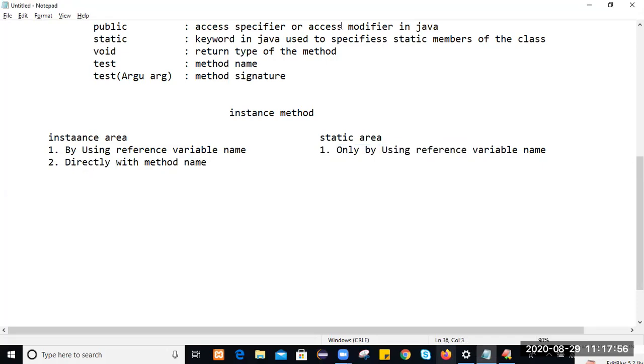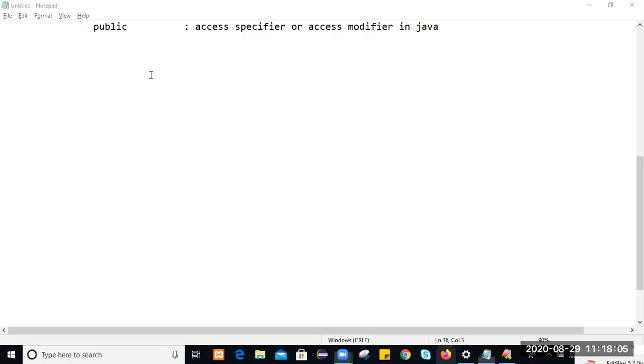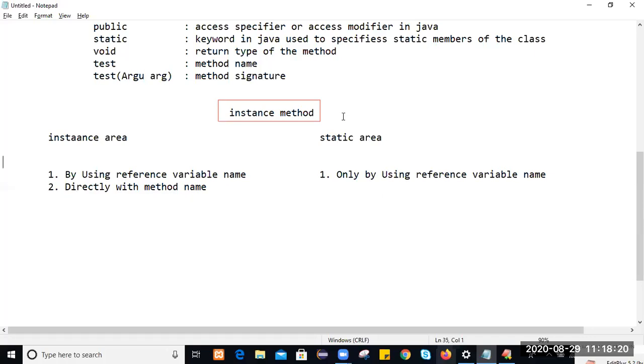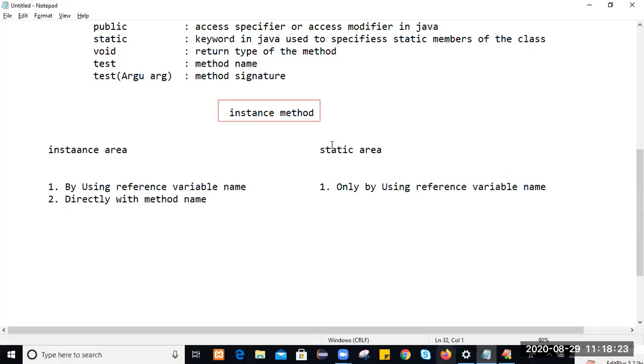Write down: there are two ways to call an instance method from the instance area, whereas only one way to call an instance method from the static area.